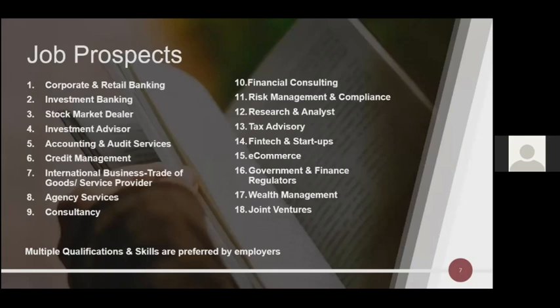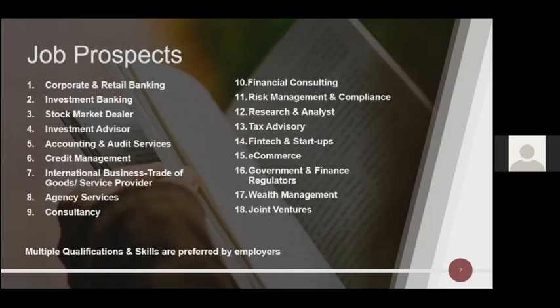Now, second is investment banking. If you are aware of what is happening in the current stock market, you can see that there are a lot of IPOs coming. IPO is basically an initial public offering, the time when the shares of a company are first launched into the market. And it is a very big process, it requires underwriters, investment bankers, and so on to be a part of it.